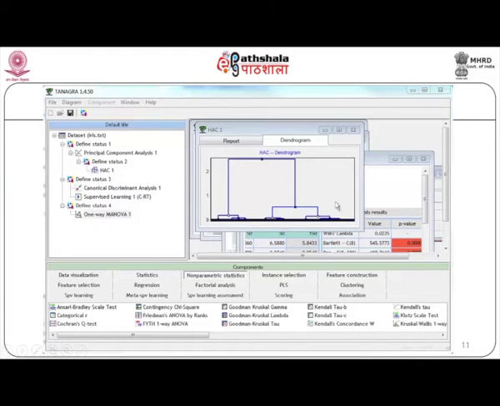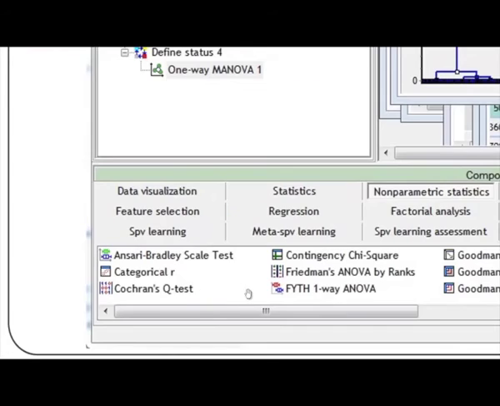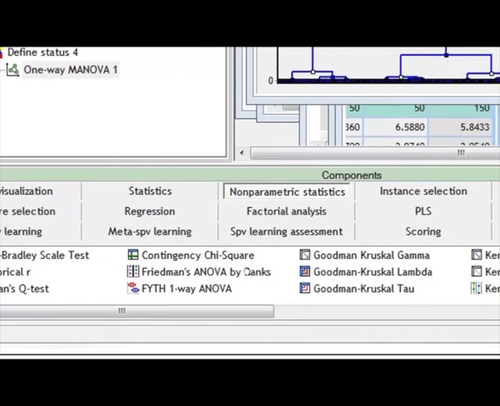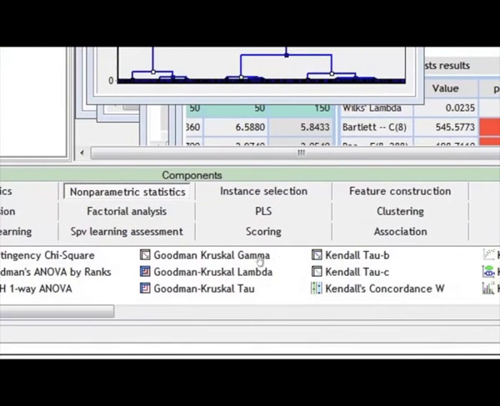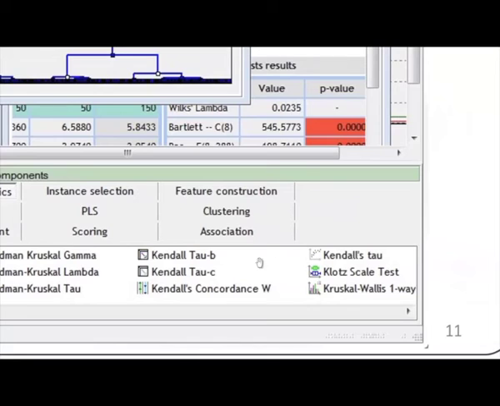The various data and the corresponding attributes are displayed in the background. Here at the bottom you can find the various types of statistical tests which you can perform, like the Q test, ANOVA test, then the gamma test and the C test, and finally all these tests and the corresponding visualization are also supported by